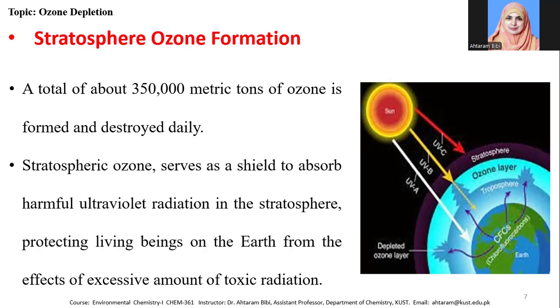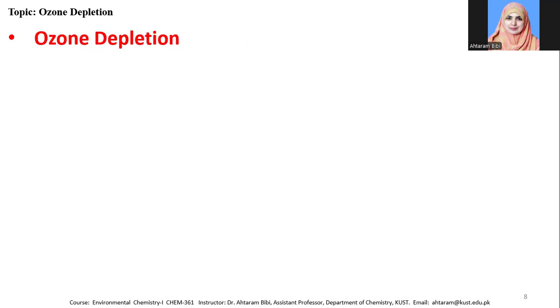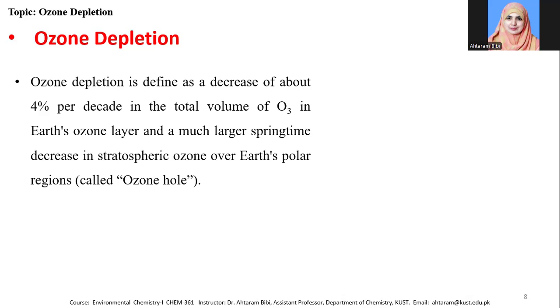destroyed daily. Stratospheric ozone serves as a shield to absorb harmful ultraviolet radiation, protecting living beings on Earth from the effects of an excessive amount of toxic radiation. Now, what is ozone depletion? Ozone depletion is defined as a decrease of about 4% per decade in the total volume of ozone. It means that in 10 years, if 4% of the ozone is decreased, then it is known as ozone depletion in the Earth's ozone layer in the stratosphere, and a much larger springtime decrease in stratospheric ozone over Earth's polar regions